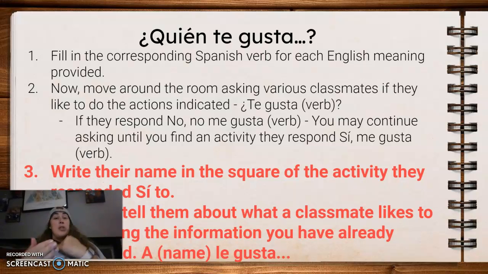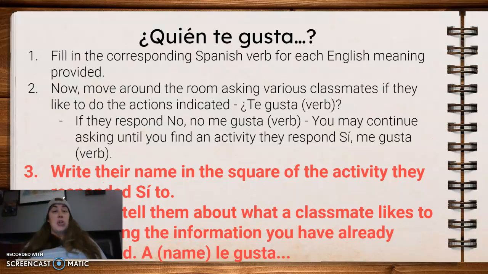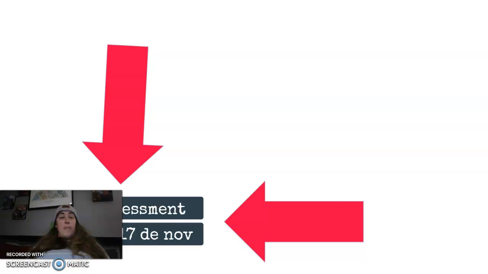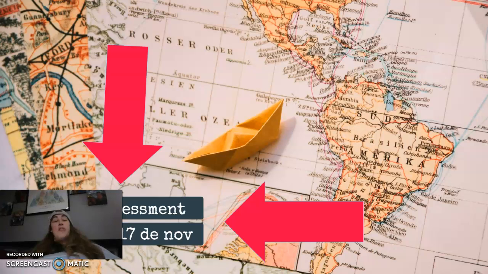And then you're going to switch roles. They can ask you a question until they find what it is that you like, so te gusta and the verbs. And then once they find something that they can write your name for, they're going to share an additional piece of information with you. So each interaction, hopefully you'll walk away with 2 squares filled. Por lo menos una, but possibly dos if the person that they tell you about within your class is a square that you don't already have answered. All right, so once you've completed that,